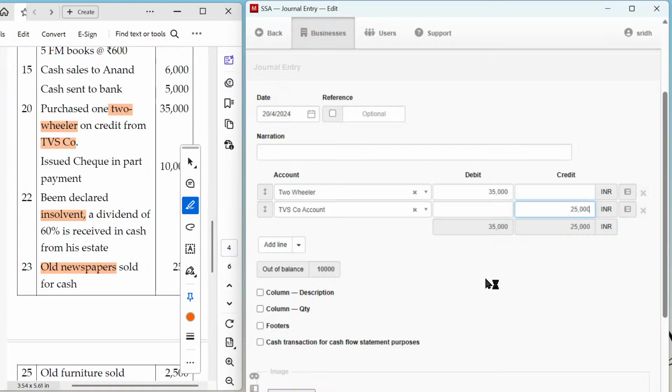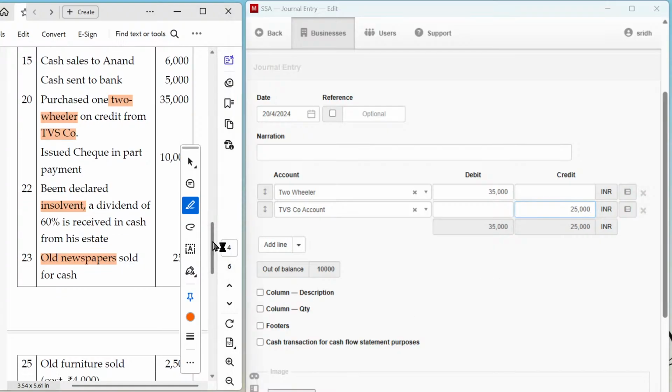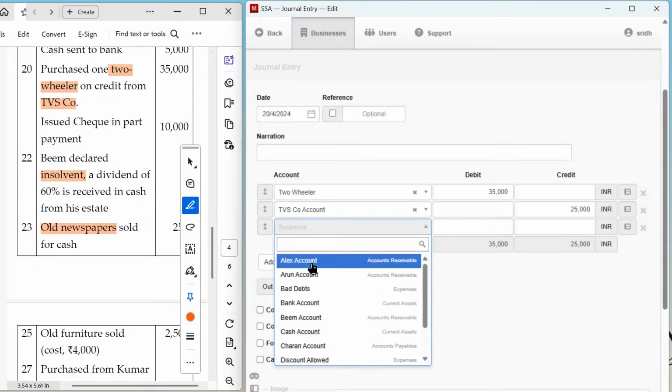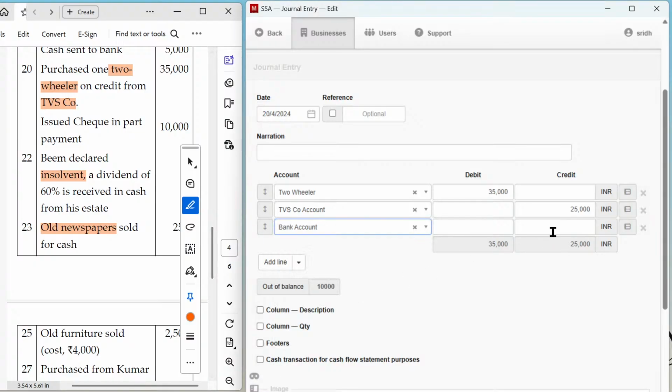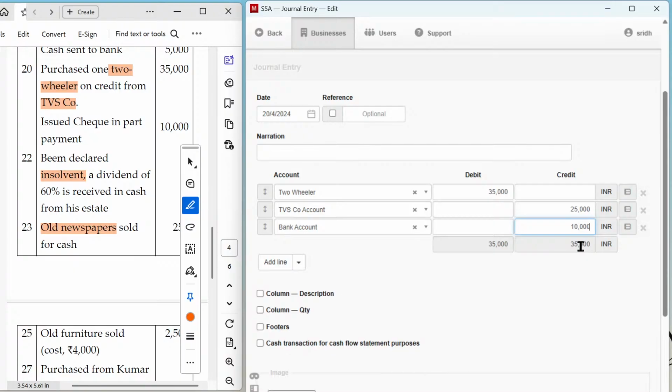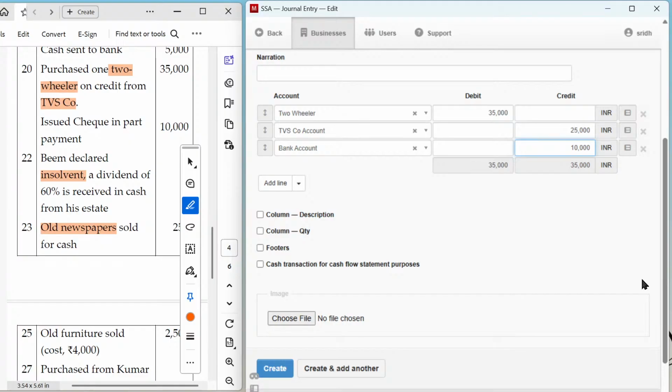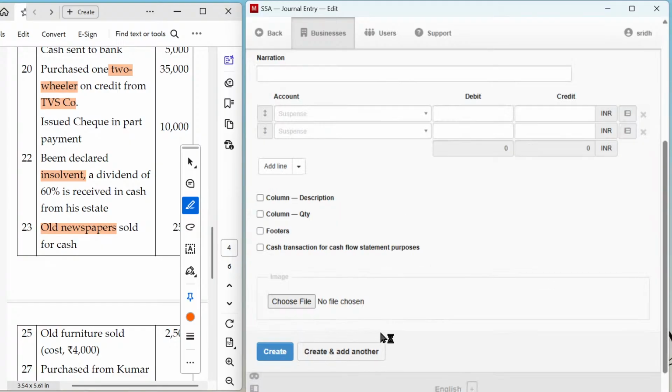Issued check in part payment 10,000 rupees. 10,000 is paid, right? So add one more line. Check no, so bank account. The value being 10,000. Is that okay? The next one is,